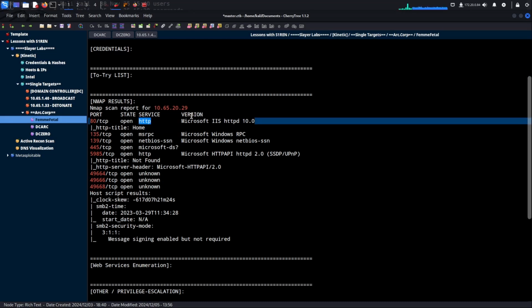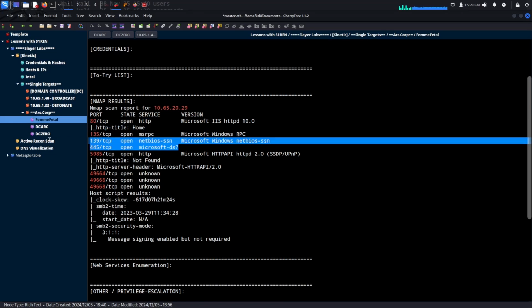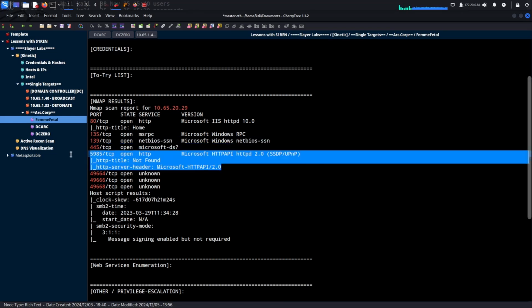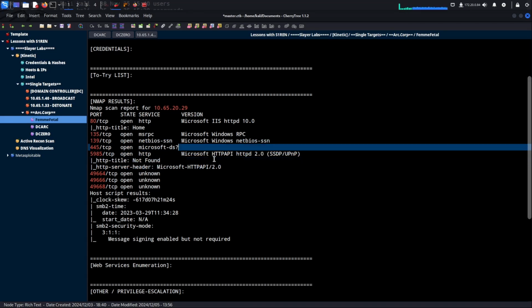So 80 HTTP, looks like there's a website, some NetBIOS happening here, and then Microsoft HTTP API. So things like Evil-WinRM come to mind here. But let's go ahead and load up